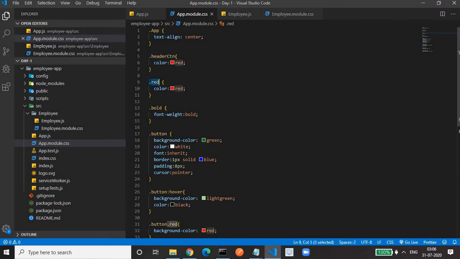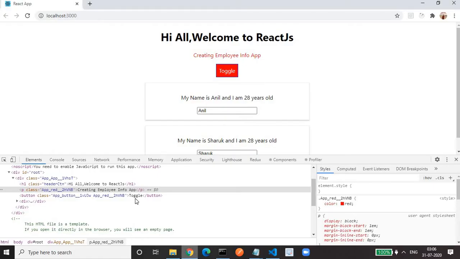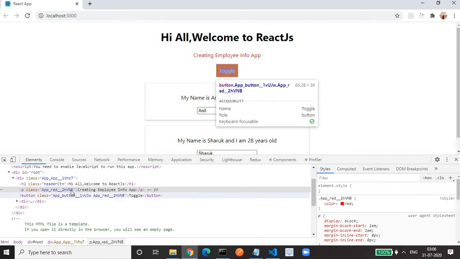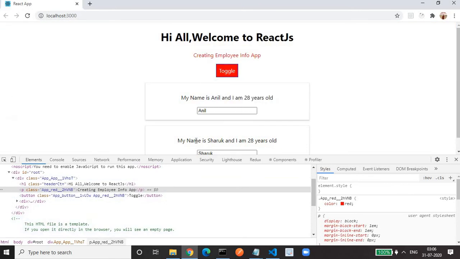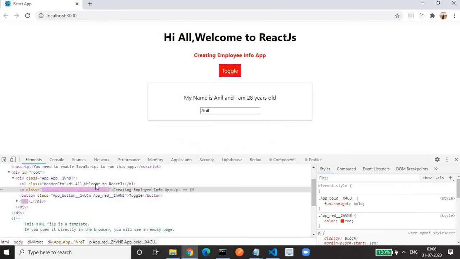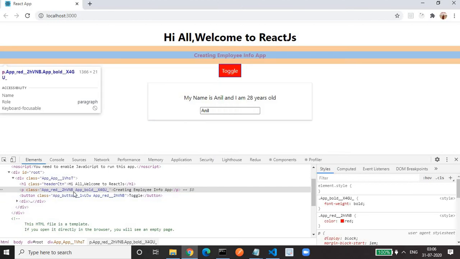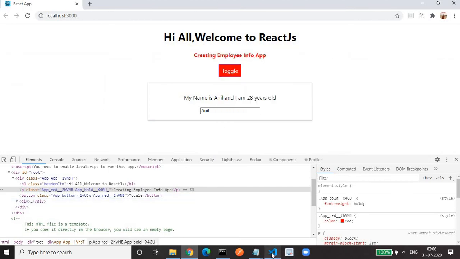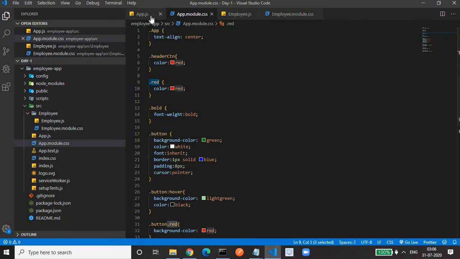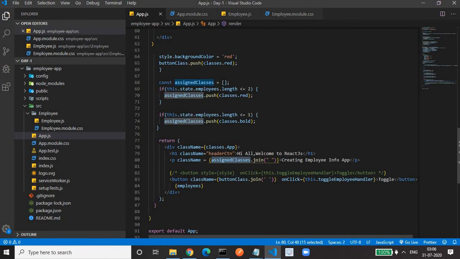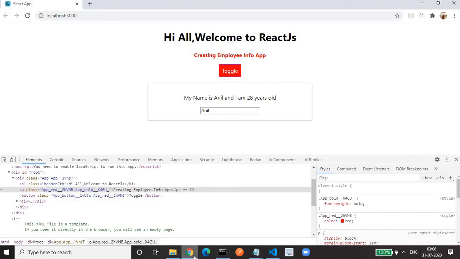Now the red class is applied. If I delete one more, then one more class will be applied. So let me delete one. Now we have the red class as well as the bold class applied with a space. That's why we have written assign classes dot join with a space. We are converting the array to a string with an empty space for separating the classes.